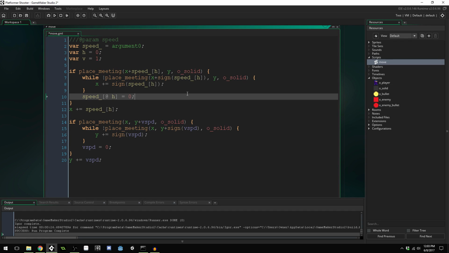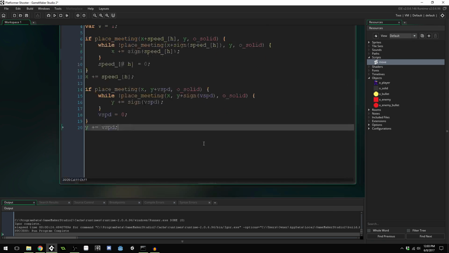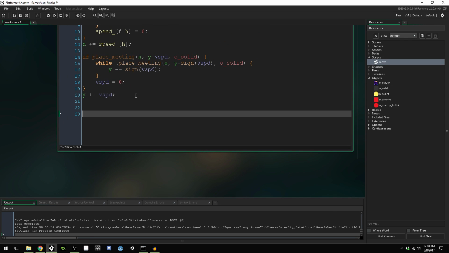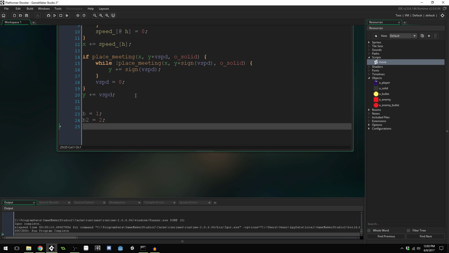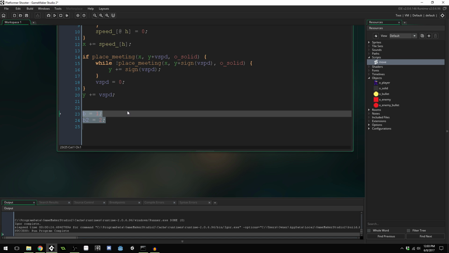Now, I've been using the word array a lot, and I want to make sure that I explain it just in case you haven't heard of what an array is. So real quick, let's get into a small example of what an array is. If you already know what an array is, you can kind of skip through this section, go to the next part. But an array is basically a variable. So, you know, before we could have like b equals 1, right? And then you could do b2 equals 2 or whatever. And you could create these variables like this, but an array is a variable that can contain more than one